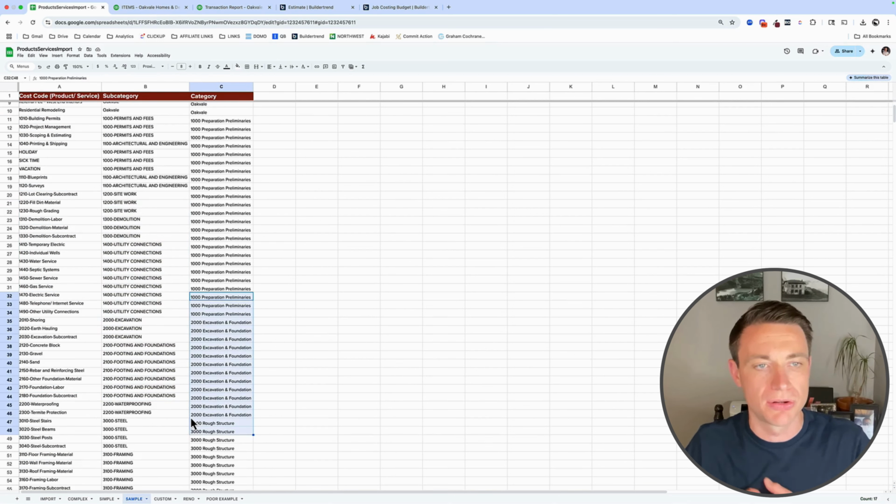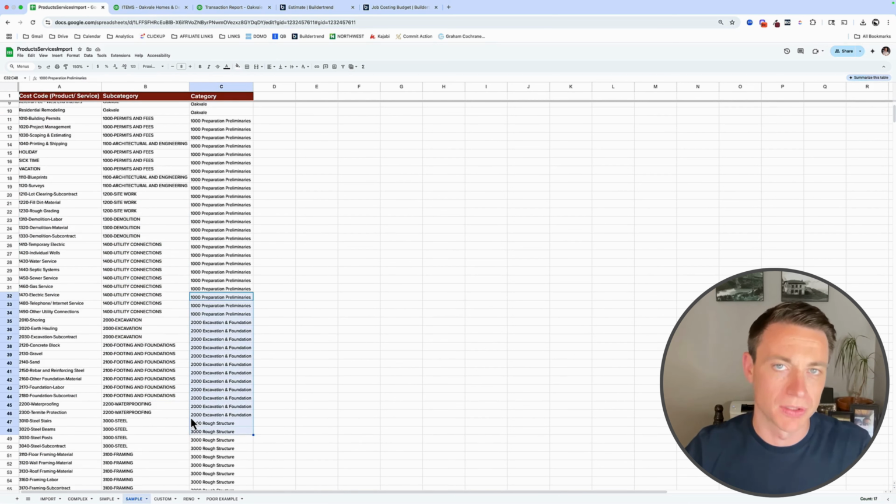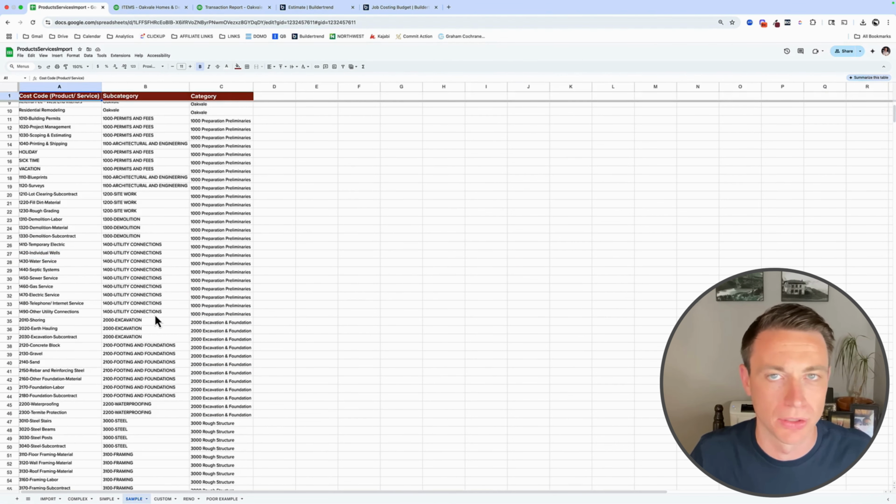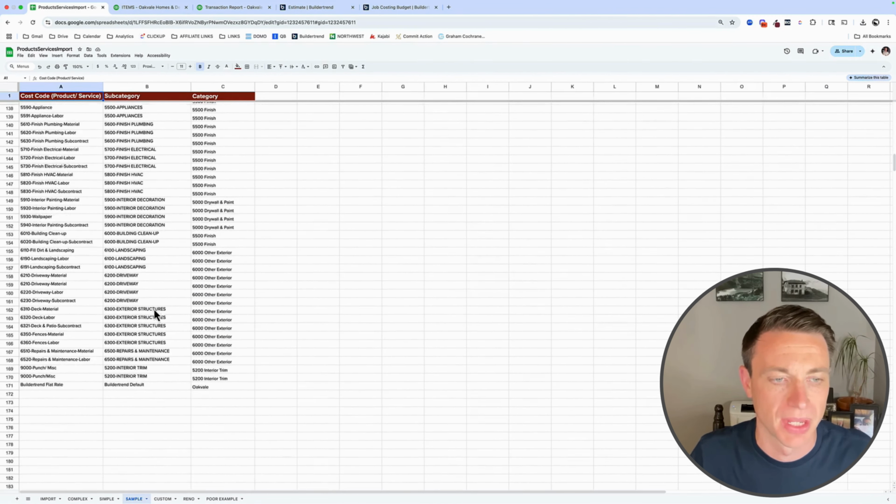And what I would encourage you to do as you're setting this up, use a spreadsheet. Don't go right to QuickBooks. Don't go right to Buildertrend and start building them out. It's way easier to play around in here, to add one, to delete one, to change the name. And what I really love about using a spreadsheet, and Google Sheets, Excel, doesn't really matter, is you can grab